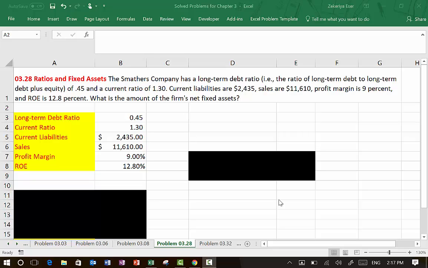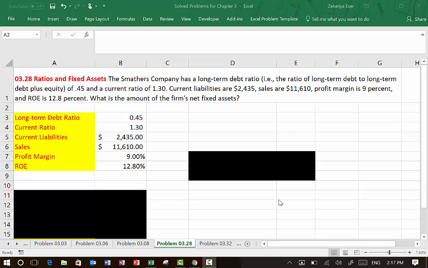Well, looking at the problem, it looks like we're going to have to use the standard balance sheet identity to figure out net fixed assets, which means I'm going to have to figure out total assets. And it looks like I may be able to figure out current assets, given that I know the current liabilities and current ratio. So let's try to figure out the value of total assets. Now,